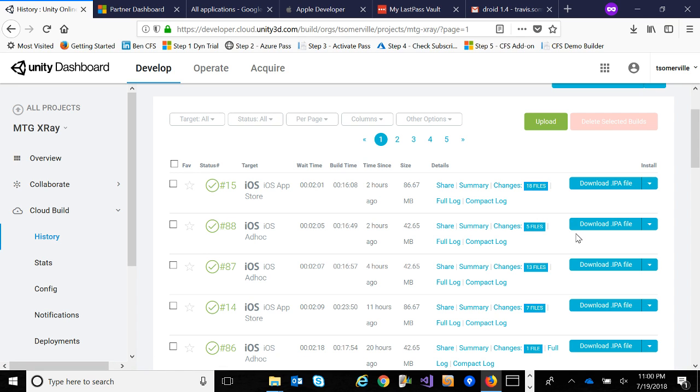Once this is downloaded, take this file, drag it on to your phone or to your iPad, and it will install the app and you can run it. So it's not too bad once you get everything set up. So every time I build, I just click it forward, I check it in, it builds an ad hoc,